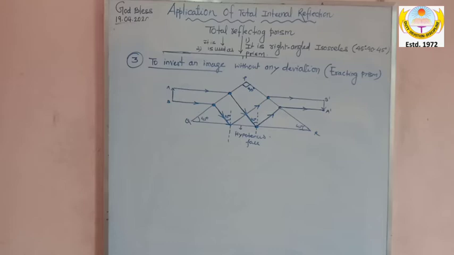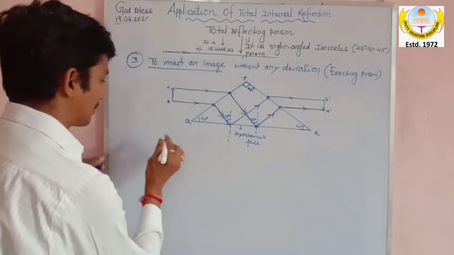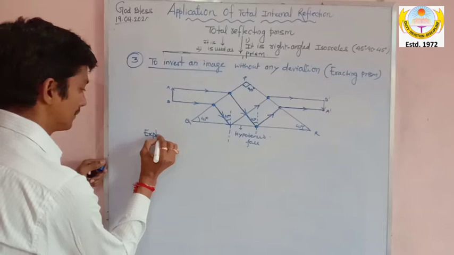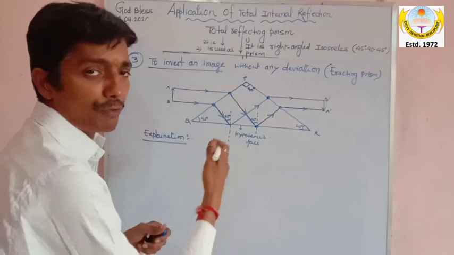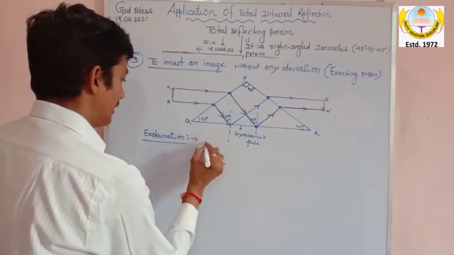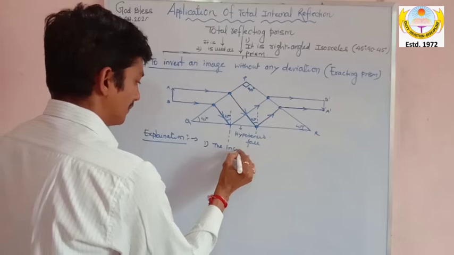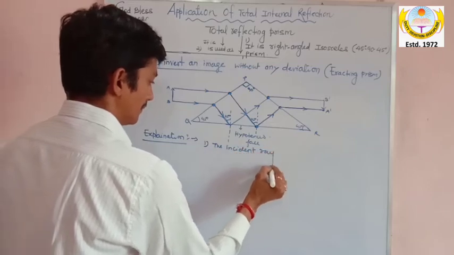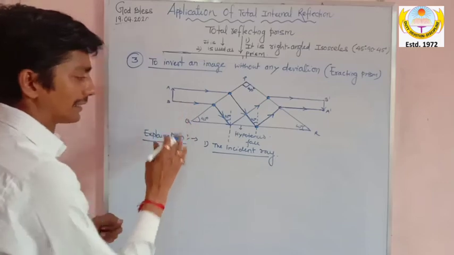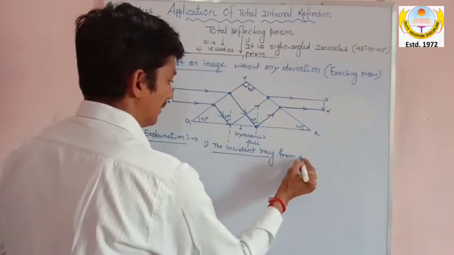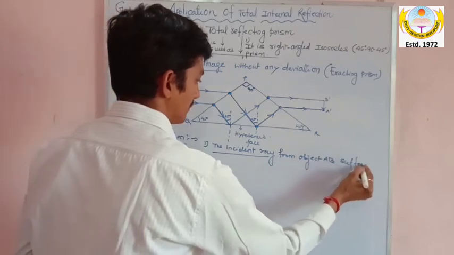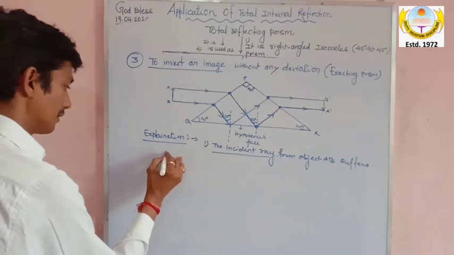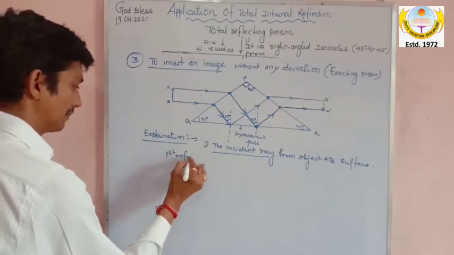So let us start writing the answer for this. What about writing, my dear? How will you write this? So you can write it this way. That is called the explanation. So the explanation for this question will be, how will you go for the explanation of this? The first point: the incident ray from object AB suffers first refraction,